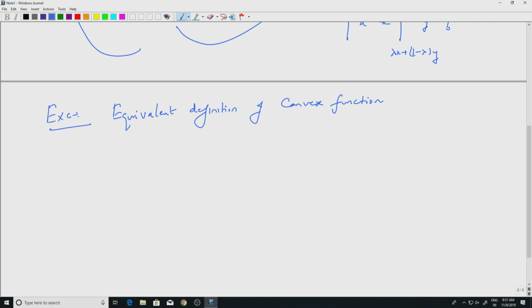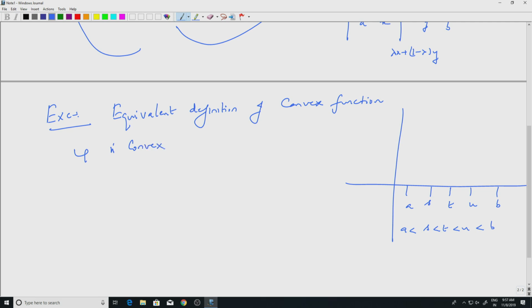points. So, let me draw the picture again. I have the interval a b. Take points in between. So, I can take s, let us take t and let us take u, with s less than t, less than u, and of course, everything lies in the interval a b. The equivalent formation is: phi is convex in the above definition